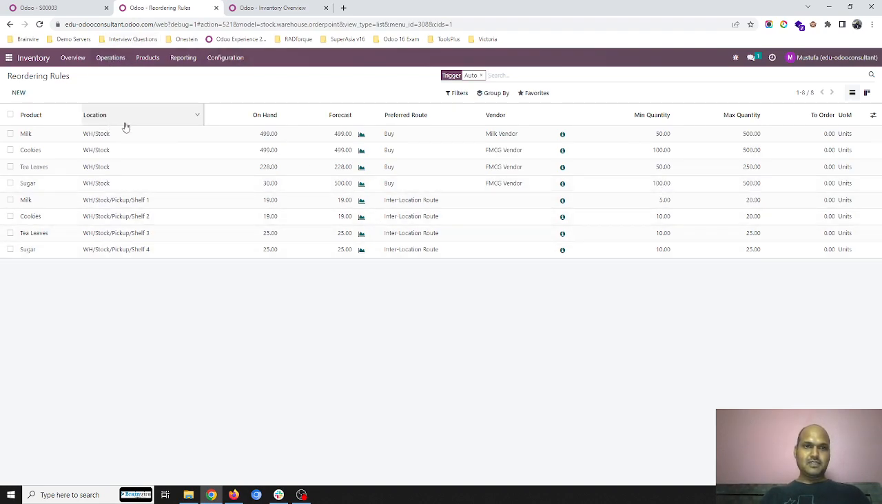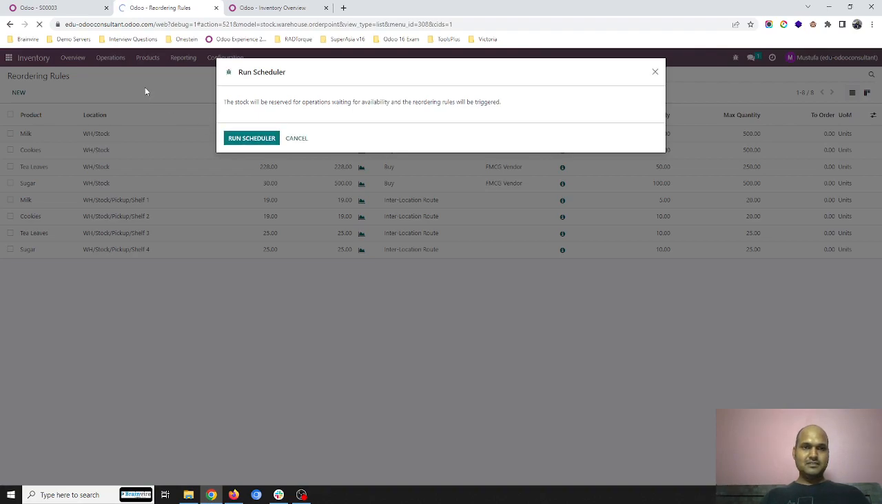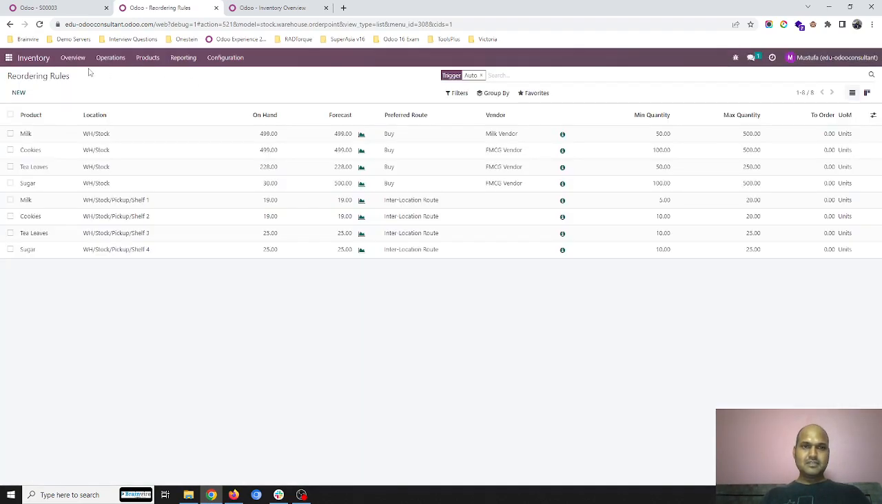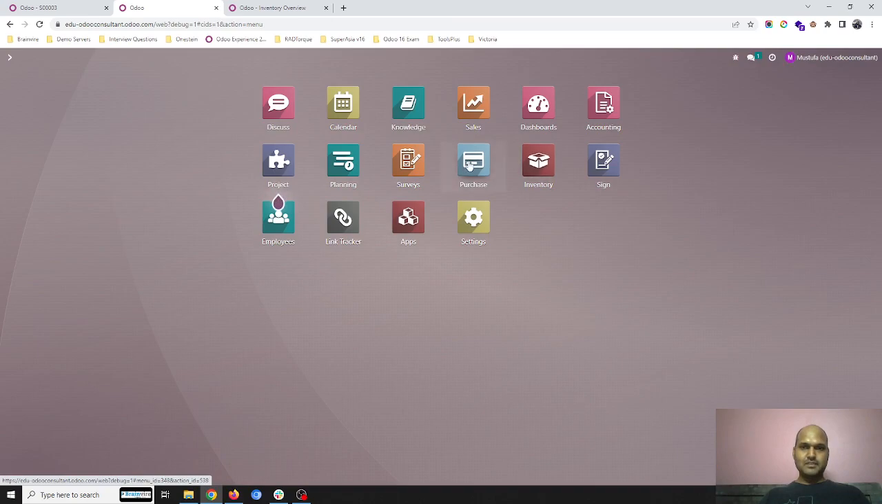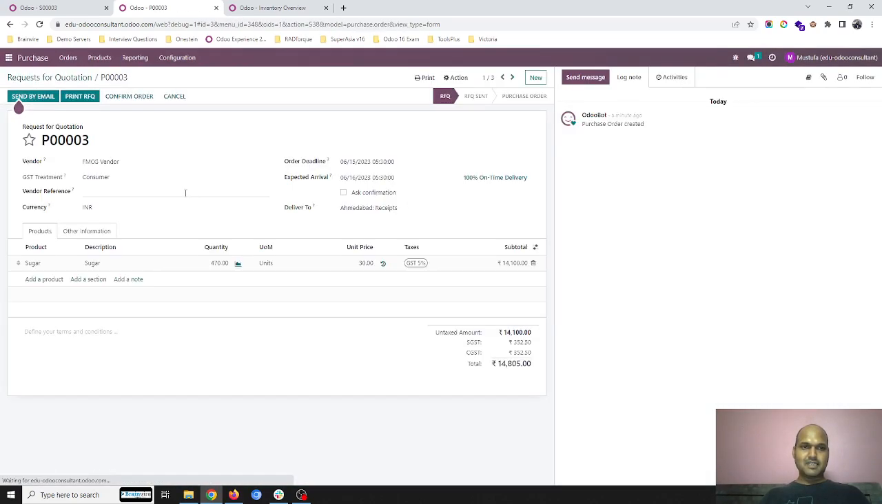And as soon as I run the scheduler and go to my purchase, it will trigger an RFQ for sugar to replenish 470 units according to my 500 maximum unit. So this is how it is very easy to maintain stock in the main warehouse, stock on the shelf, and deliver